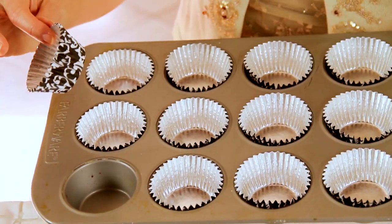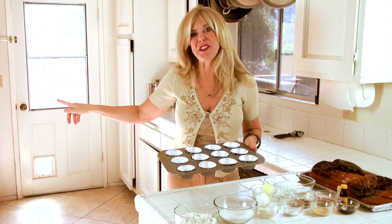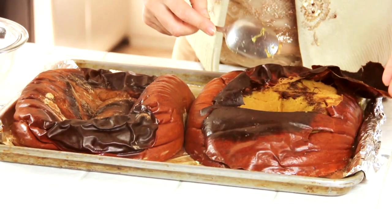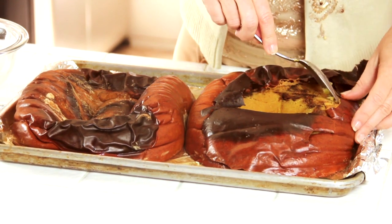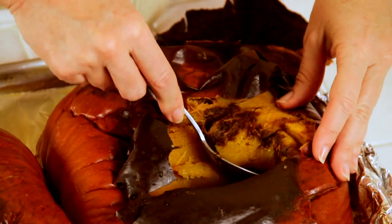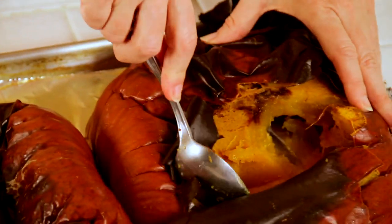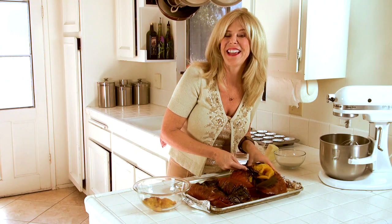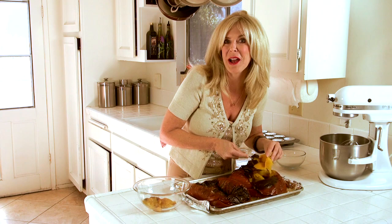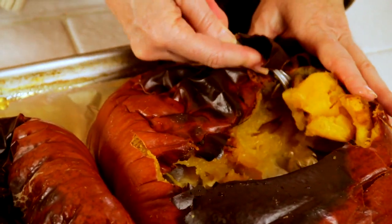So I've lined my cupcake pan with little papers, and I preheated my oven to 350 degrees. So I took my porch pumpkin and cut it in half, took the seeds out, and put it face side down on this baking tray lined with foil, and I cooked it for 2 hours at 400 degrees. If you want to see the start to finish on that, check out my Halloween pumpkin pie recipe, and I show you. For this recipe, I need 3/4 cups of pumpkin puree for the cake mix and 1/4 cup for